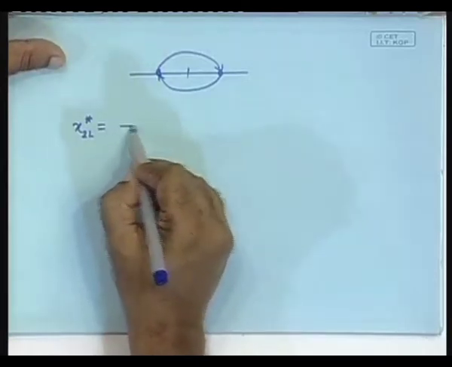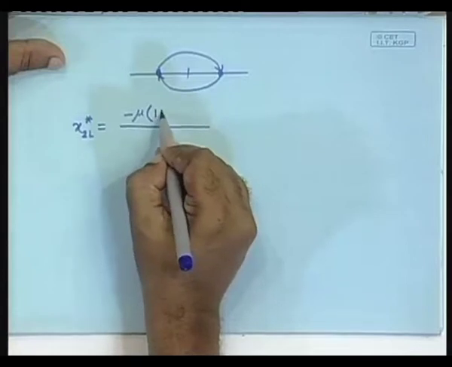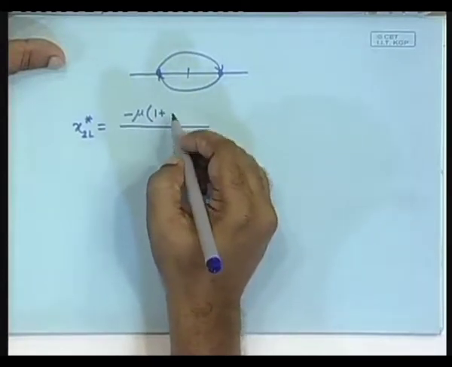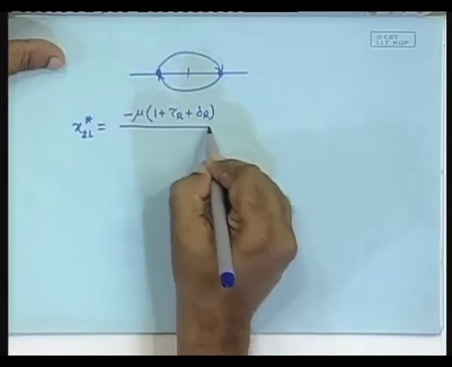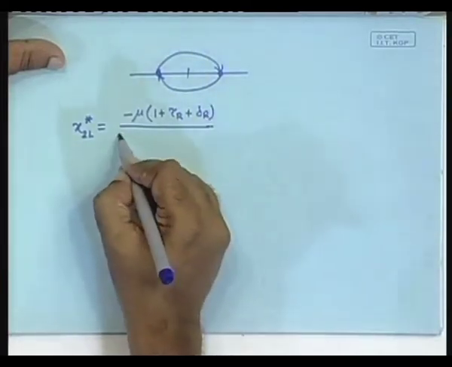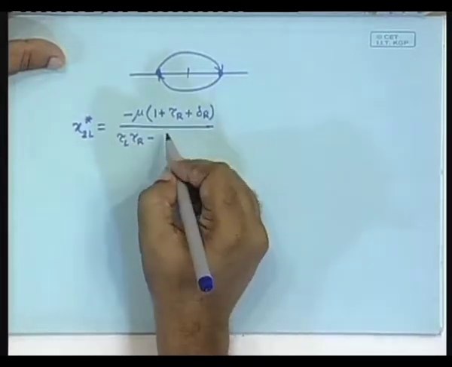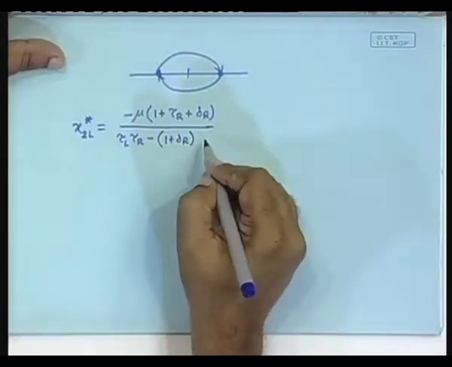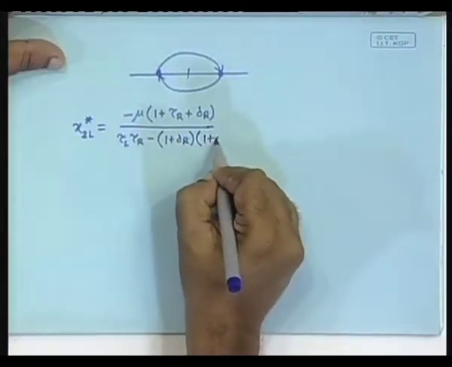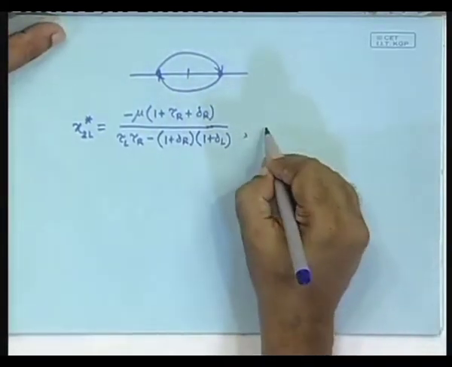It comes to minus mu, 1 plus tau r plus delta r by tau L tau r minus 1 plus delta r, and the other one